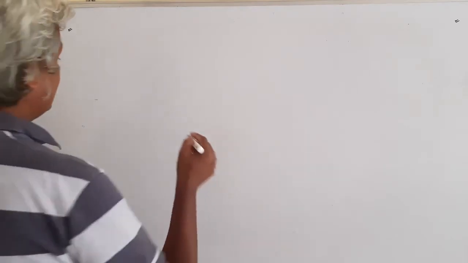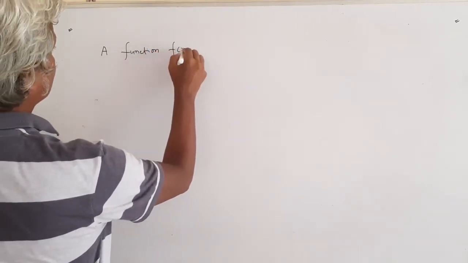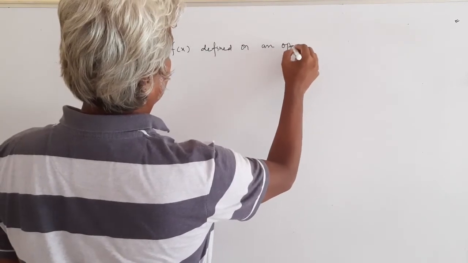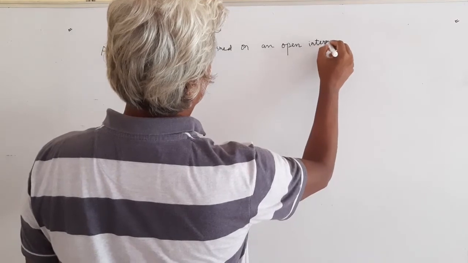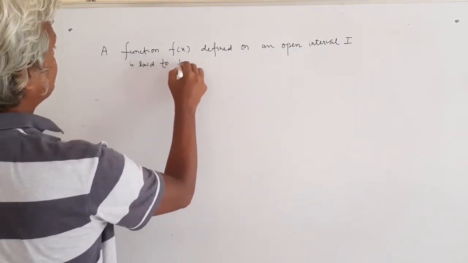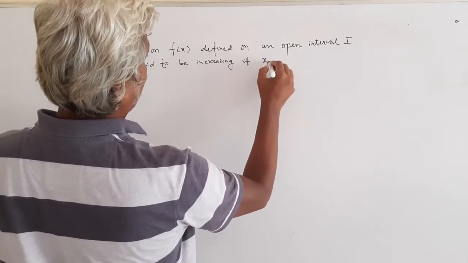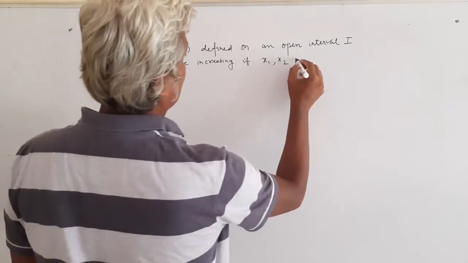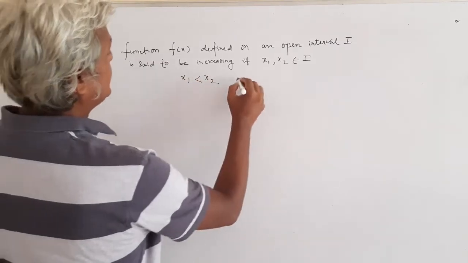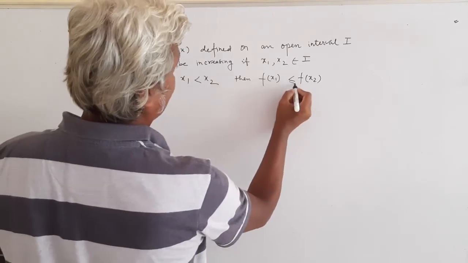The definition goes like this: a function f(x) defined on an open interval I is said to be increasing if any two values x1 and x2 taken from the interval I are such that if x1 is less than x2, then f(x1) is less than or equal to f(x2), then the function is said